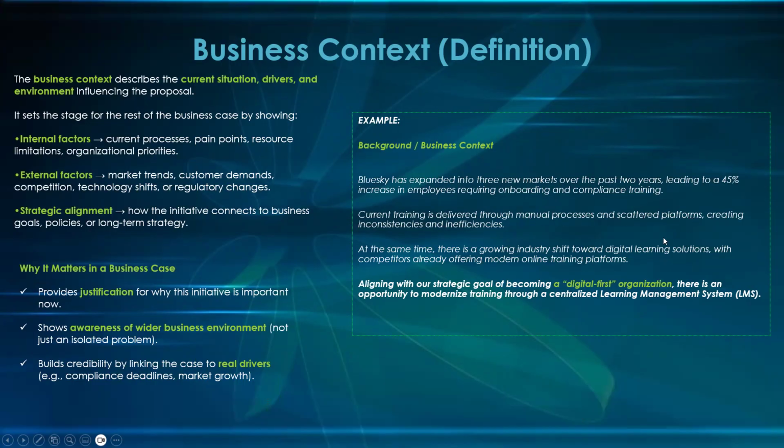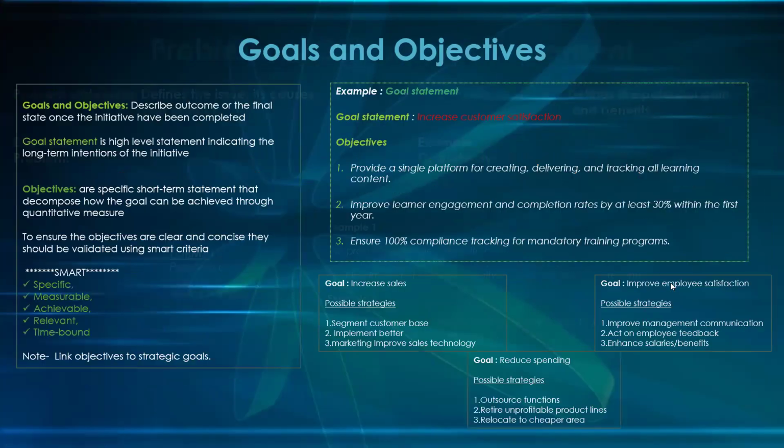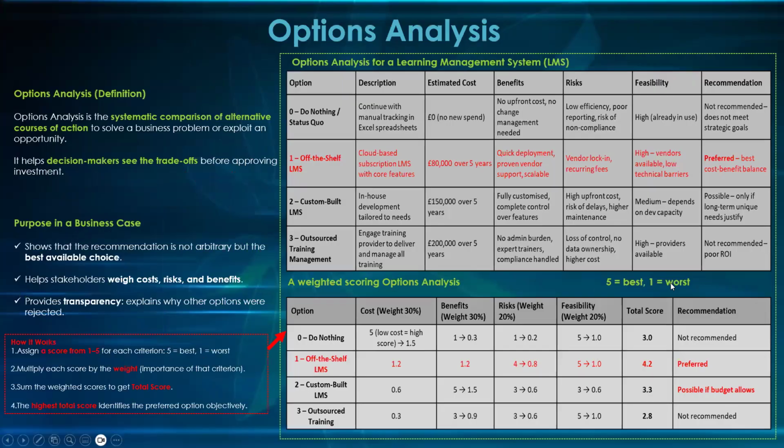Remember, that's a problem. That's the current situation. Now they want to shift into a digital learning solution with competitors already offering that. So now, because this is the goal, they want to assess at this point